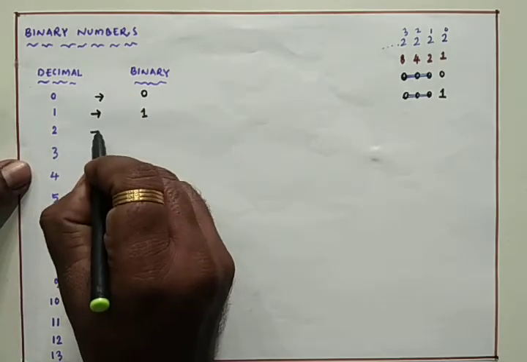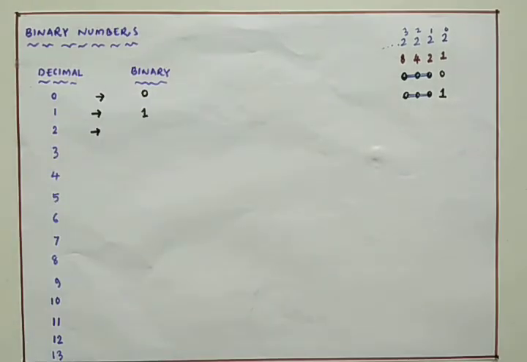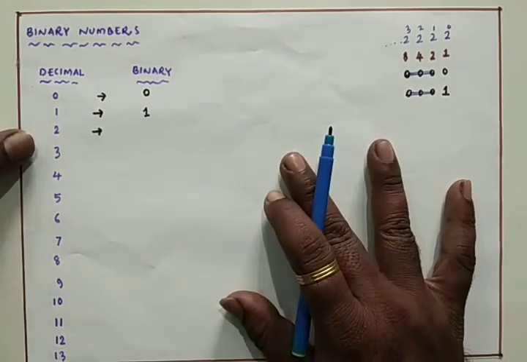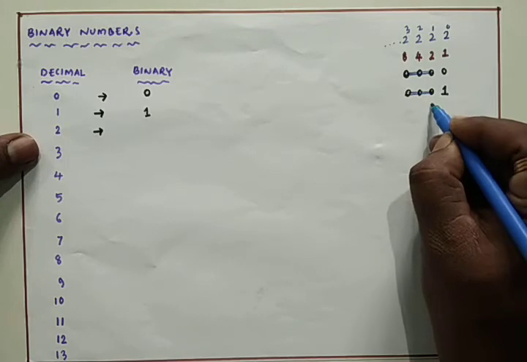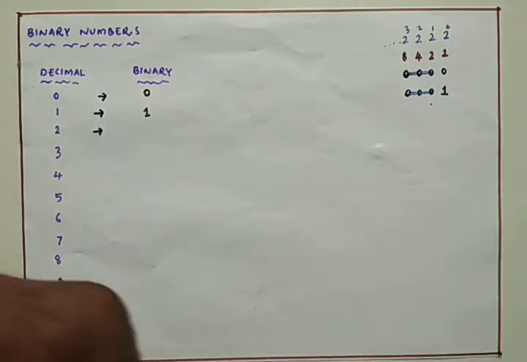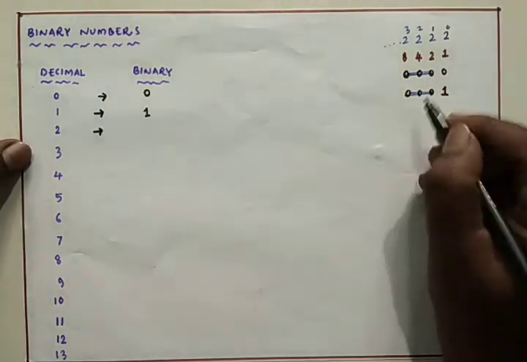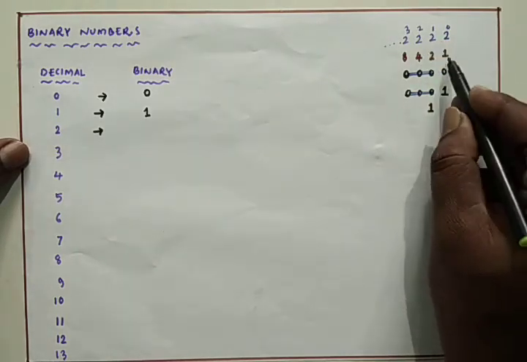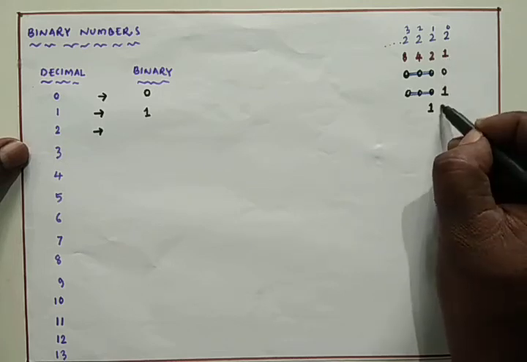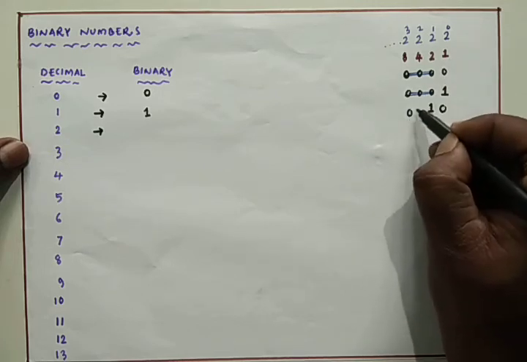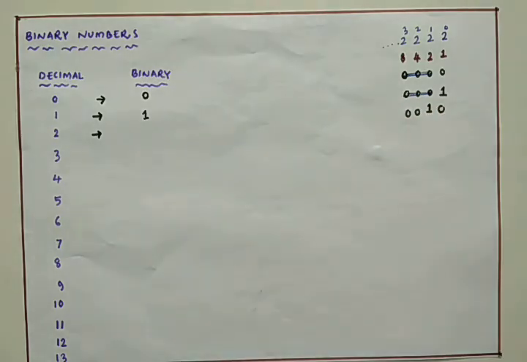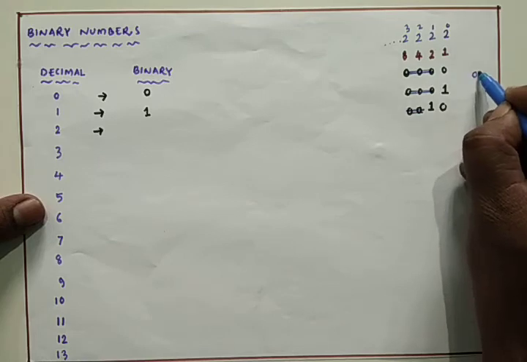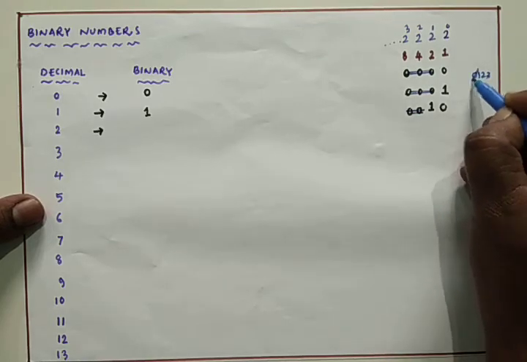Next I am going with the 2 now. I require to have the 2 now. See this one, 2. That means identify where the 2 is there. Here 2 is there, so that I can mark here 1. Now it is 1. Shall I require this one? No. So it is not needed, and these two also not needed. So I can avoid using the first zeros. I don't require this one.